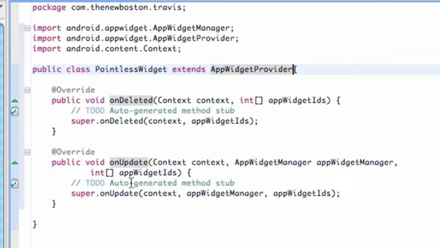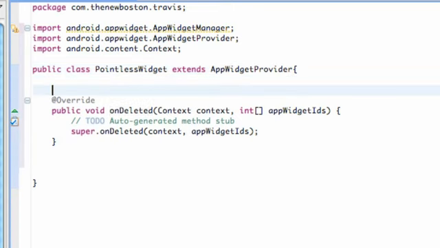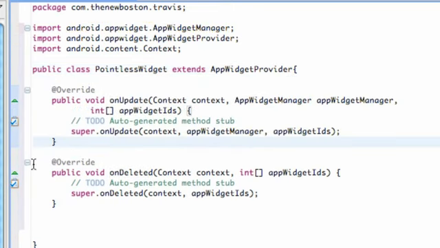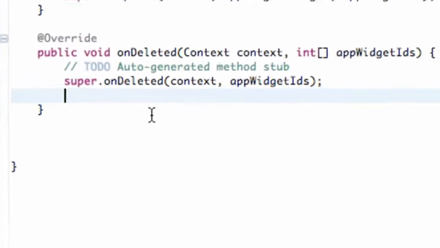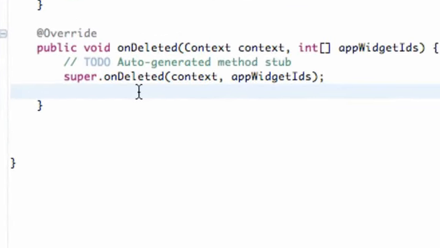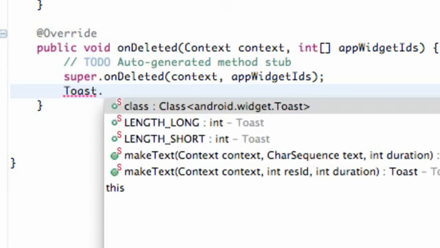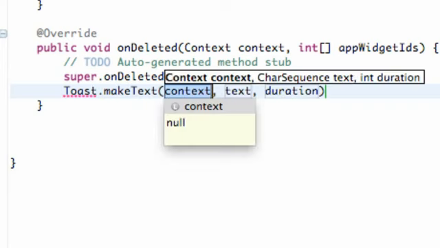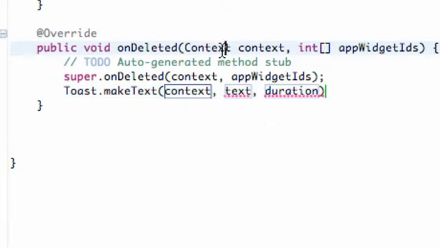I'm just going to move this up above the delete method, and as you guys remember, when I drag that widget into the trash can, it calls this onDeleted method. So I created a toast to make sure that this method was being called, at least that's what I did when I first started working with widgets. It's always a good idea to create toasts and display them, and hopefully they show up when they're supposed to. So we're just going to say Toast.makeText, and we're going to refer to the context that's being passed in. As you can see, we get a context called context, so that's what we're going to refer to. And then all we're going to do is display a text like "see ya, sucka,"